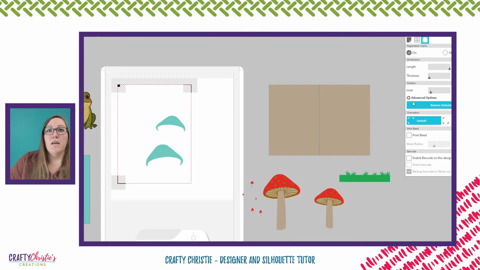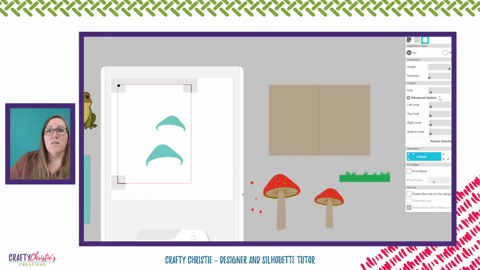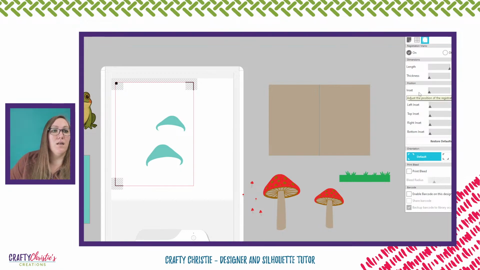And then we can come back here. I can adjust my inset to be all the way small to make sure that everything works on there. And then the fun part is I'm doing all this on white cardstock, so I can throw anything that's going to be white, I can get all of it cut out here